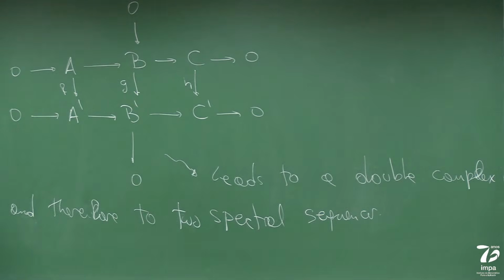So before we compute them, this is a very simple example. These spectral sequences are starting in the E2 page, but let's see that we can extend this to start